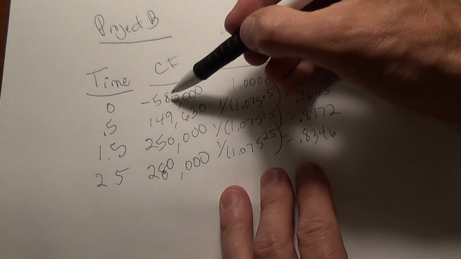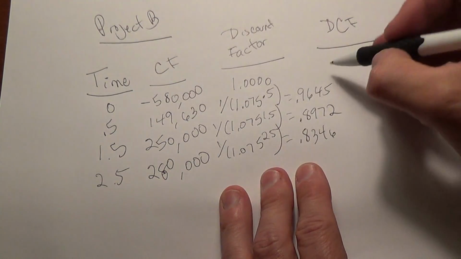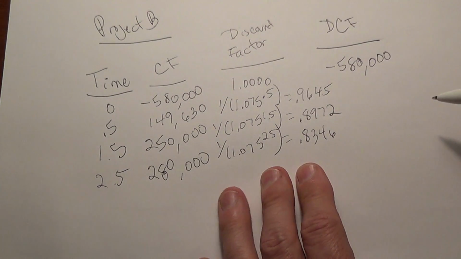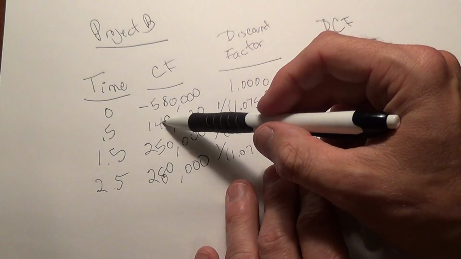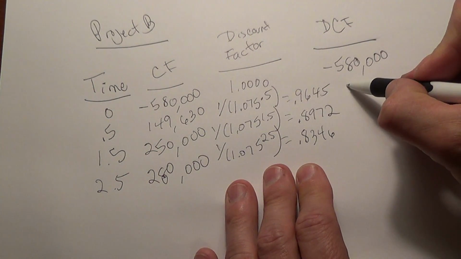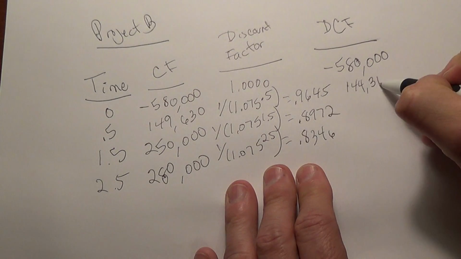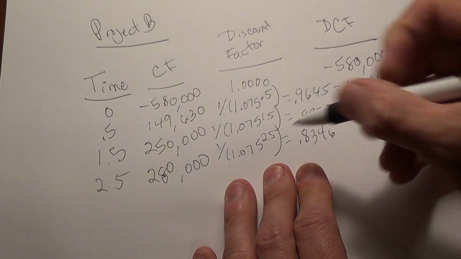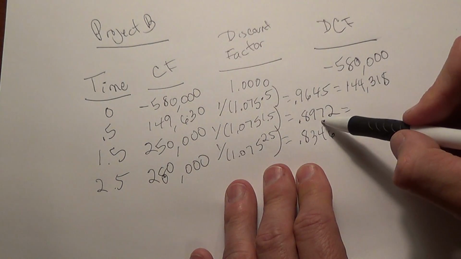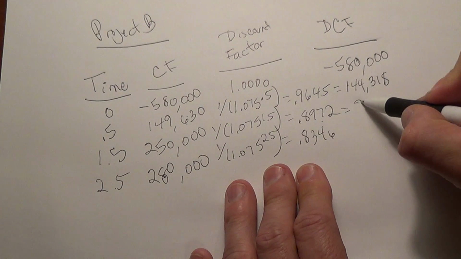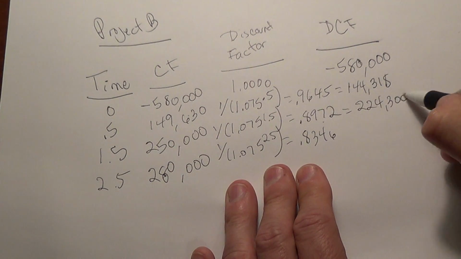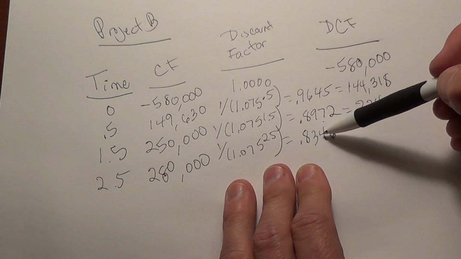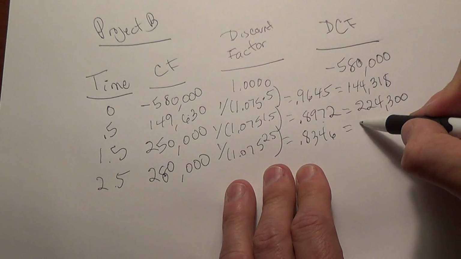And then I'm going to show my discounted cash flow. And we just multiply across: 580,000 negative number times 1, so we have initial costs. Since that happens today, then in today's dollars, that's still $580,000. We then have 149,630 times the factor, and that gives us 144,318. Just multiply 149,630 times 0.9645. We then do $250,000 times the factor, 0.8972, and that gives us 224,300. And then the last one, we have $280,000 to multiply by 0.8346, and that equals